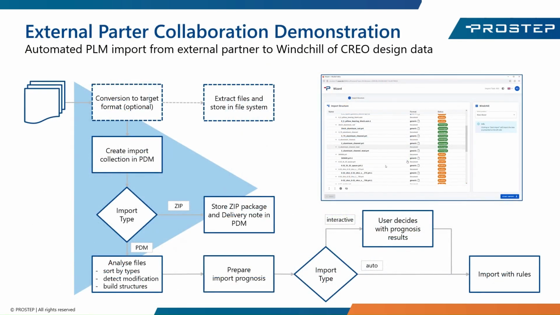For our next use case, we're going to show external partner collaboration. This use case focuses on when you have different partners that are entirely out of your network. So they have their own engineering environments, they've got their own product lifecycle management environments, and they want to then send you data through a managed file transfer that we're supporting here, that can then be automated into an import